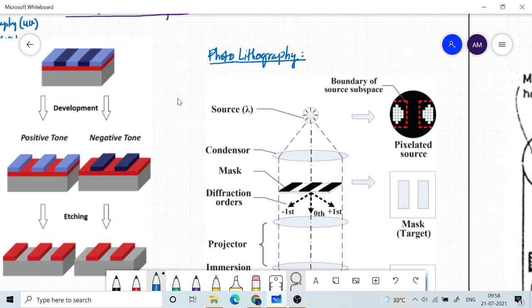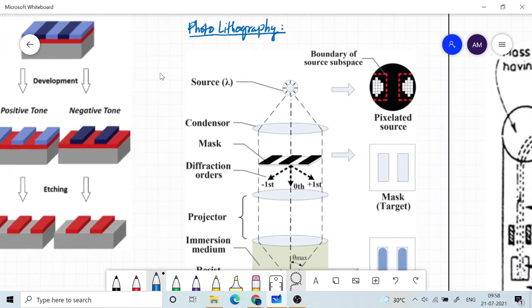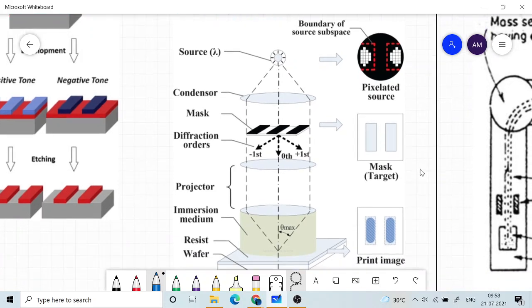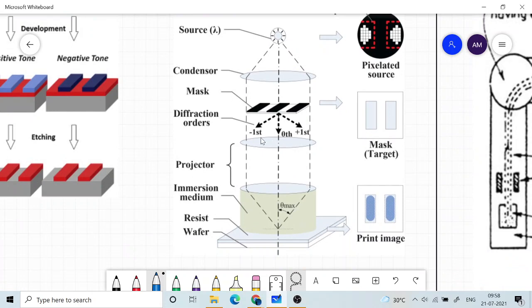So this is a detailed structure or detailed diagram of the mechanism, the instruments. You can see the light source, then there is a collimating lens where you make that diverging light beam become a parallel beam, and then you have the photo mask here. Some region is opaque, some region is transparent, and once it passes through the mask, some kind of diffraction pattern will be created.